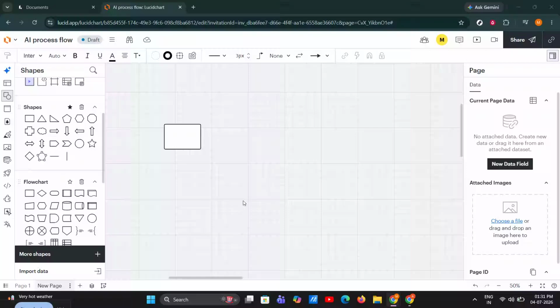In this video, I'm going to show you how to paint in Lucidchart so you can quickly change the fill color, line color, and border color of your shapes and connectors. This is super useful when you want to make your diagrams look cleaner, match a brand color, or organize different